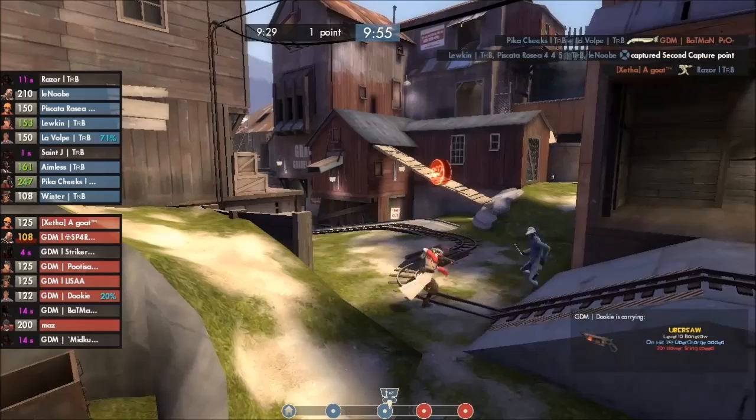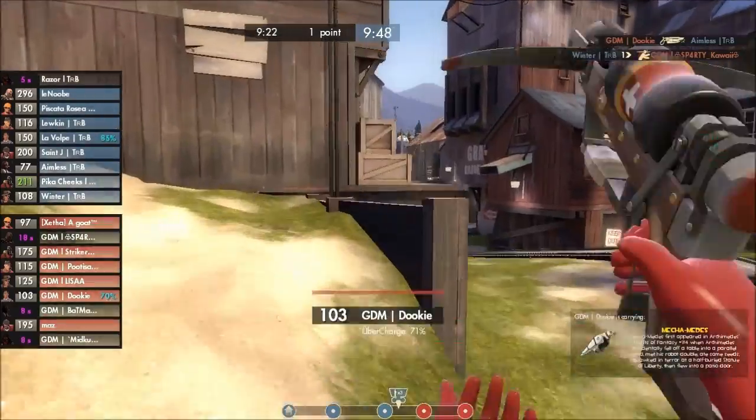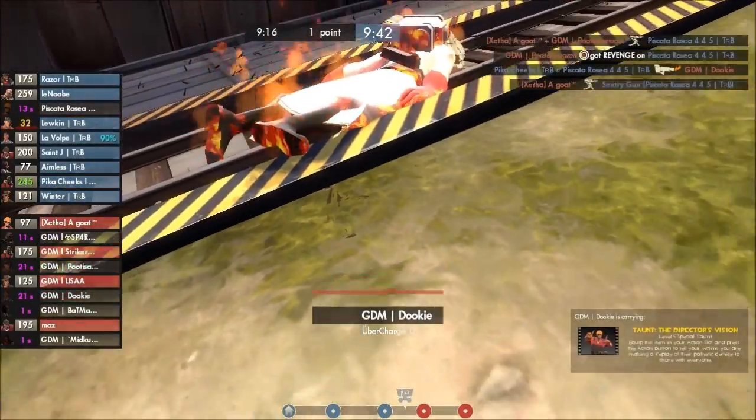I think this is probably the time to go crits or something. Oh, and he's just setting himself up for a ramp stab. He does get an Uber saw in there, gets another one. Hey, look at that, Dookie with the saws. Way too far ahead right now. No, he's going to waste his... Oh...